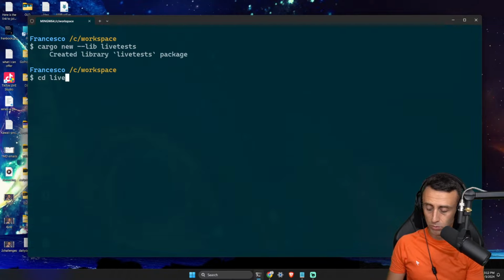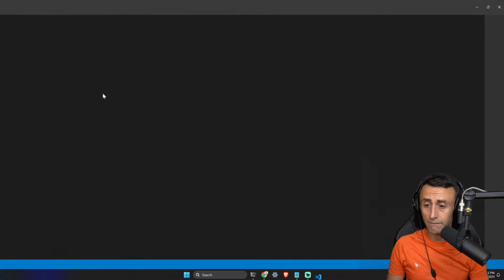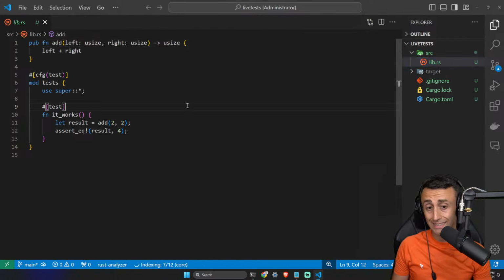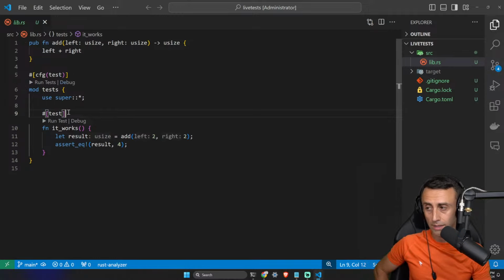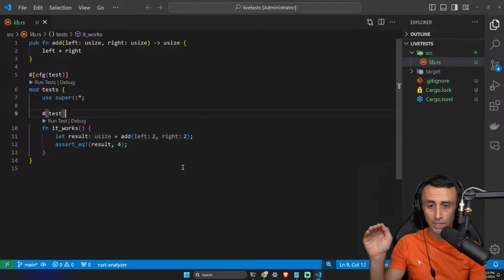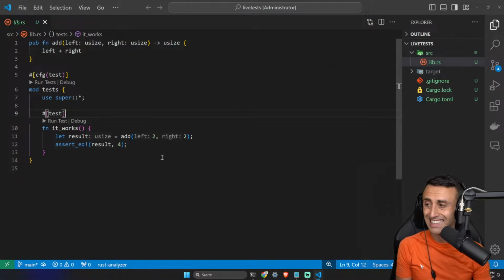Then we step into the directory, and then we can open this with any IDE we want. For example, I'll use VS Code, okay? And when we create a library like this, this is the code we have. If we type just cargo new and the name of a project, we'll have a main.rs file. If we type cargo new --lib, we'll have a file called lib.rs and this code, which is a simple